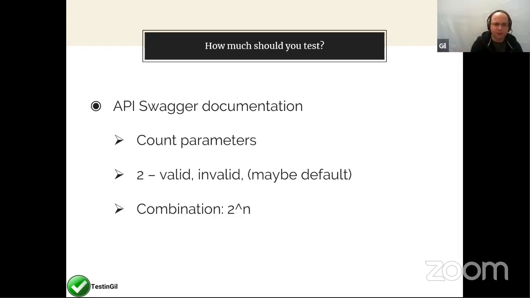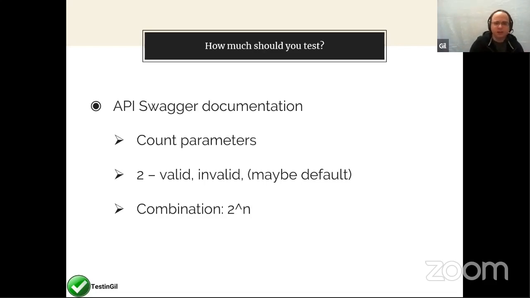So what we said was like this. We're going to look at the API Swagger documentation. All the APIs are there. We're going to count the parameters. And we said that for every parameter, we want at least 2 cases tested. One would be valid, one would be invalid. What is valid and what is invalid? You decide. We don't care. We don't know what that valid and invalid is, but we want to at least ask, are you testing this well enough? And the answer is, if you have 0 tests, probably not. If you have 1, also probably not. So you give the minimum of what you probably expect to have in terms of tests